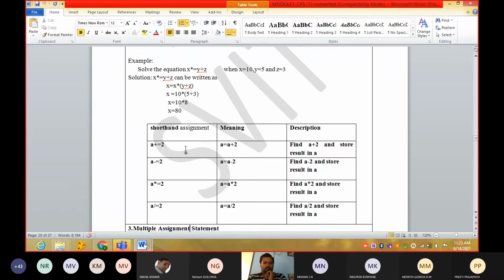See here, a = a + 2 can be written as a += 2. a = a - 2 can be written as a -= 2. a = a * 2, a into 2, can be written as